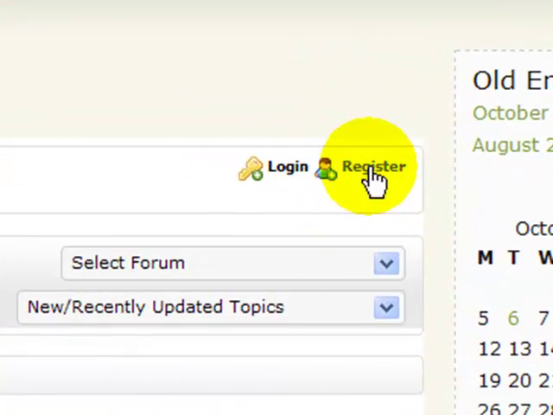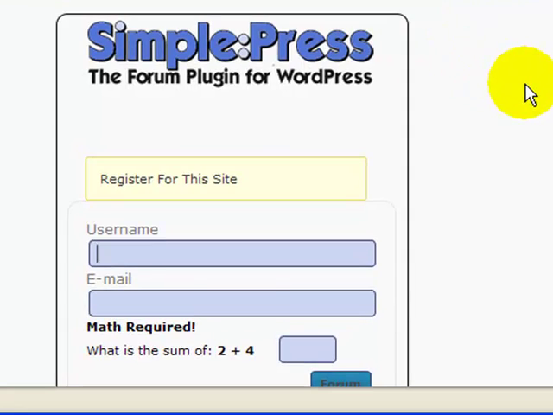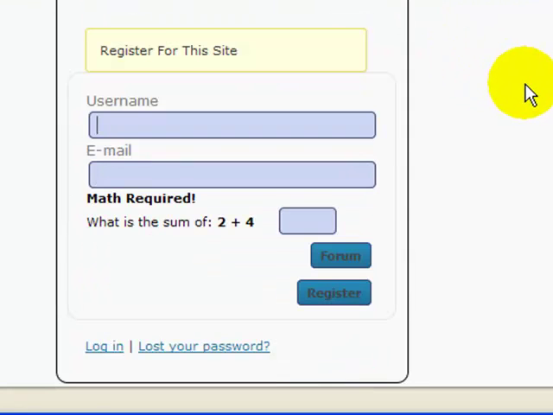So let's talk about how to register so that you can post and put material in. First of all, you want to choose a username that you'll be using on the post. This username will show up when you post or reply to anything in the forum. So enter a username, and the next thing is to enter your email address. And once you get that in, you'll see down below you